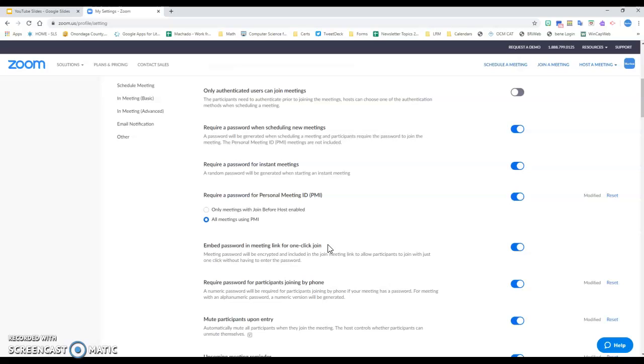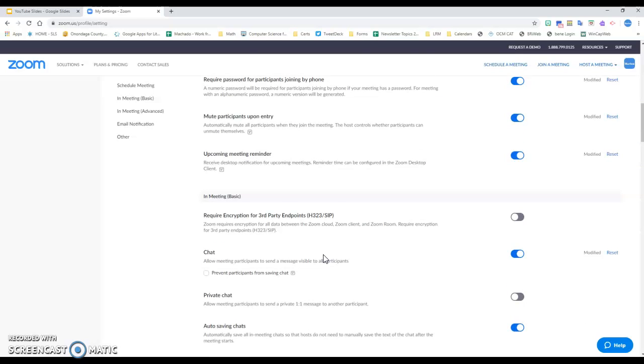Personally, I'm okay with that because when I share that link, I'm sharing it via email to the people I want in that meeting. This is not something you would want to share over social media, right? But if you're not comfortable with that, you can unclick this, and when you share that link, it will require the participant to put in a passcode. So that's okay too,